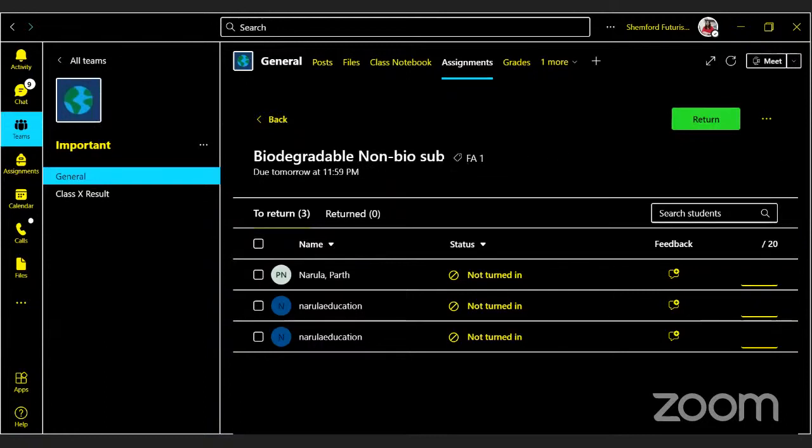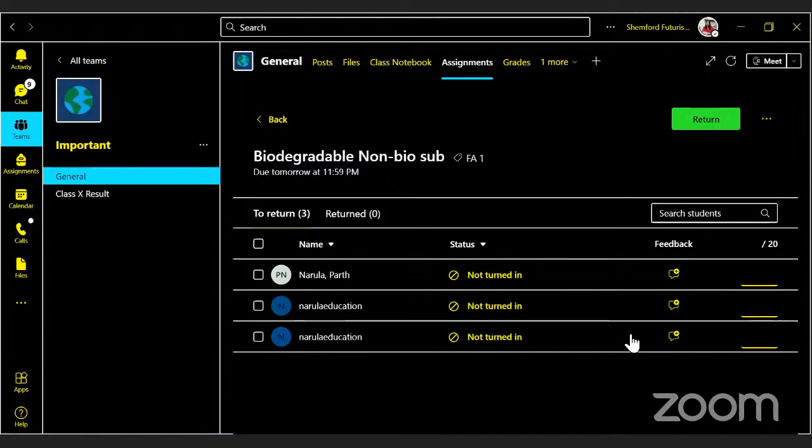So now the question was how the students will return it. Here they have to click on return and then they will be able to do it. Because this is the teacher's ID, it is showing there are 3 students added, Parth Narula, Narula Education, and they have not turned in.